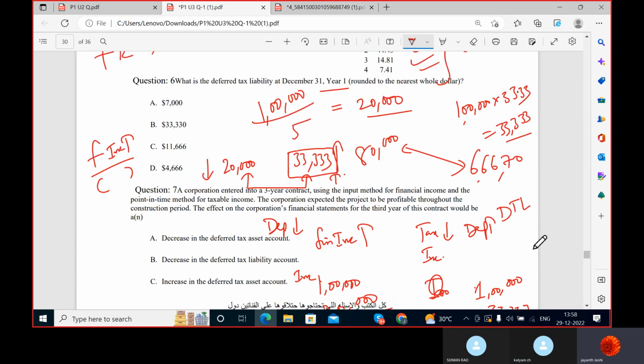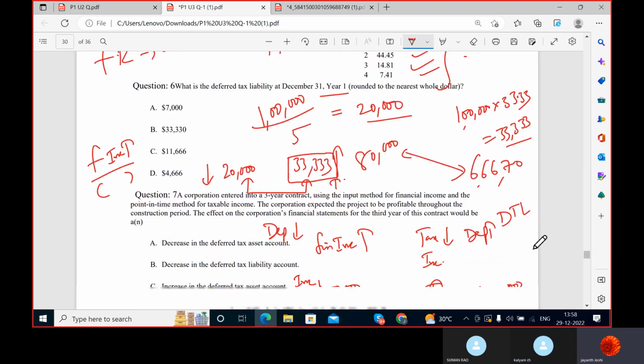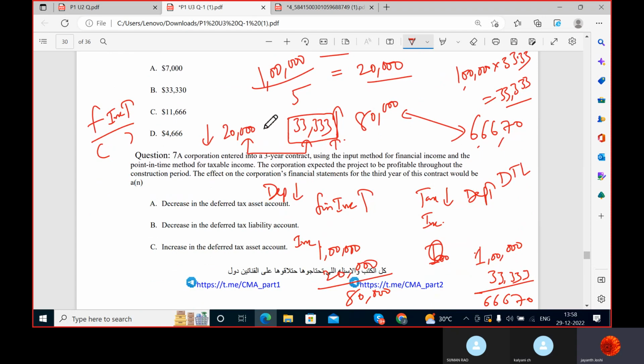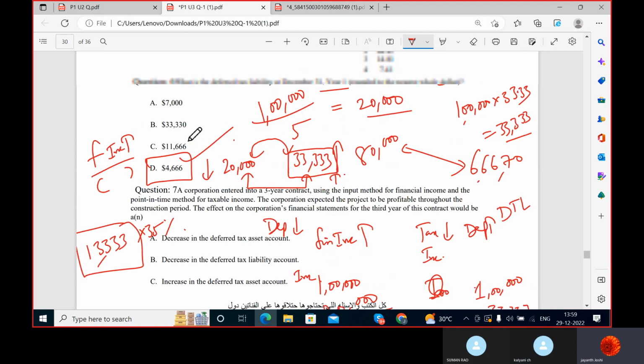So simply, if you get such kind of questions whereby they are not giving you any incomes here, how will you find out DTL here? We understood that DTL is nothing but because of the difference in these two expenses, correct? So what is the difference here? The difference is excess depreciation. 13,333, sir, into 35%. 4,666. Because this is the cost for that difference. That difference into tax rate is nothing but this much excess to be paid. That is DTL. Okay, just calculate.